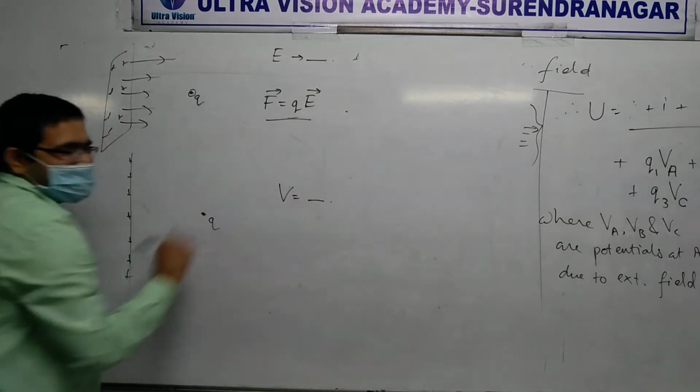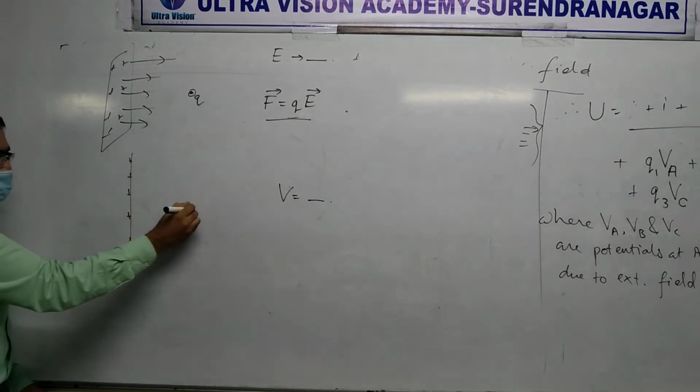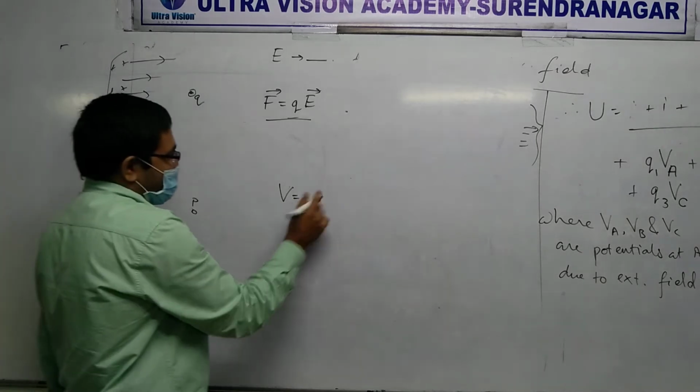Find V first of all. Due to what? Not due to this, due to this. So here at this point we'll find V first. We have a very powerful formula to find V at any point, and that is